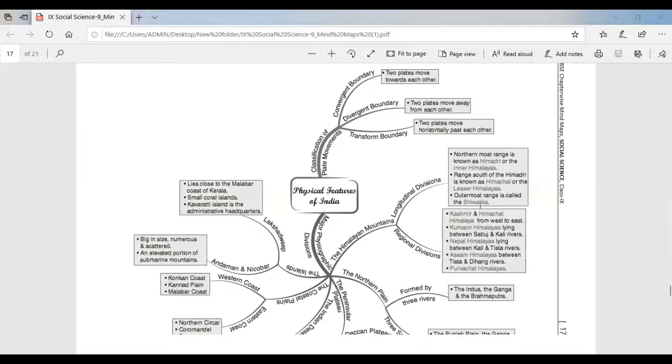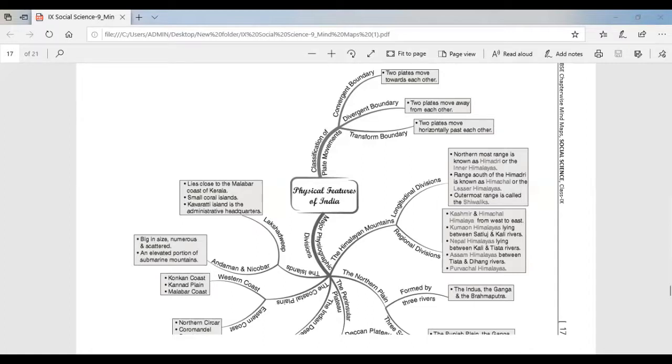These ranges are composed of unconsolidated sediments. The longitudinal valleys lying between the Lesser Himalayas and the Shivaliks are known as duns. Dehradun, Kotli Dun, and Patli Dun are some of the well-known duns.